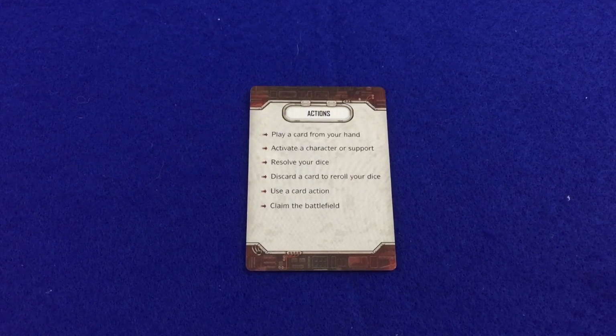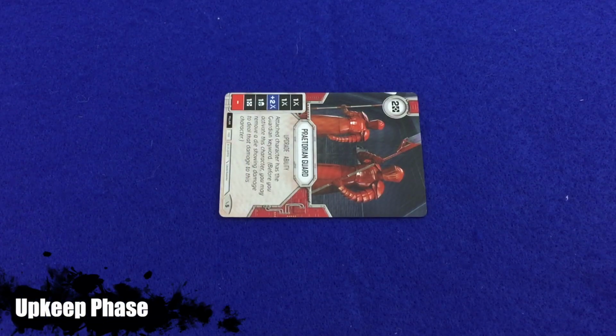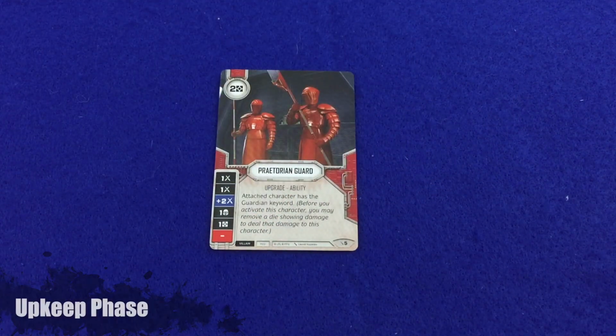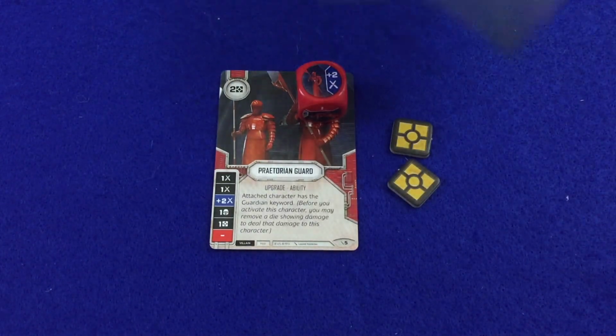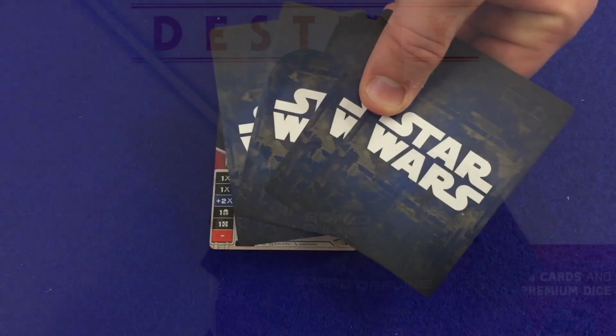However, when both players pass consecutively, there is an upkeep phase to prepare for the next round. During the upkeep phase, the player and opponent do the following: ready their exhausted cards, return all dice in their dice pools to their matching cards, gain 2 resources, and then discard any number of cards from their hand before drawing back to 5. Then the players alternate taking turns again, starting with the player who controls the battlefield. Continue taking turns in this way and going through upkeep phases in this way until a player has won the